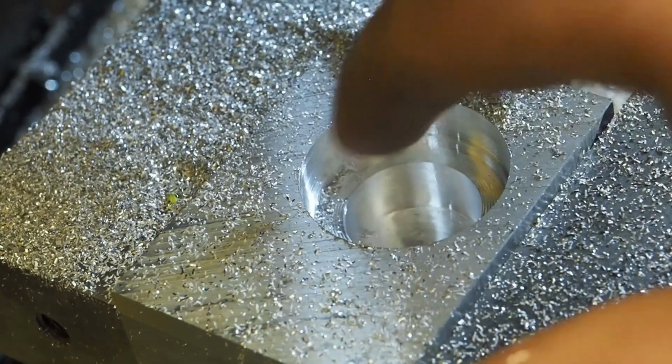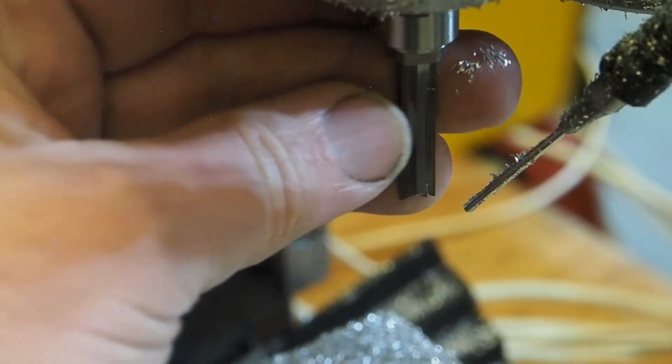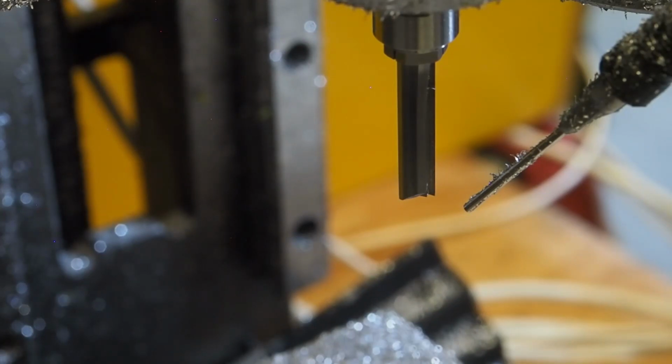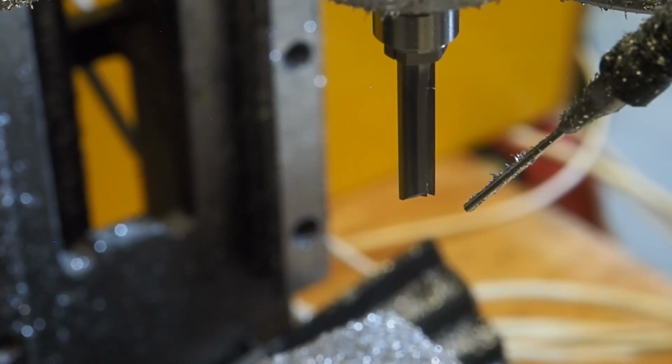A little paper thin thing there. So the only other cutter I have that's long enough to do this, let me just double check that it is in fact long enough to do this, barely, is this straight flute cutter. I don't know what the surface finish is going to look like. This might be a huge mistake, but it is what it is. So